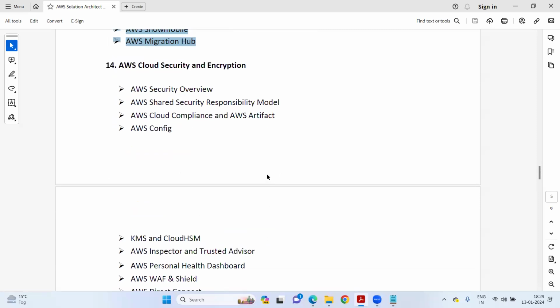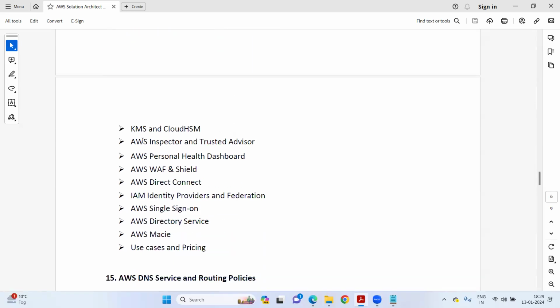Then security: everybody is focusing on cloud services, so it becomes very important to know about cloud security also. We are going to discuss security and the shared responsibility model, which defines what the customer will own and what will be owned by AWS, right? So what is cloud compliance? What is Artifact? What is AWS Config service? What is AWS Inspector and Trusted Advisor? AWS Personal Health Dashboard, AWS WAF and Shield, Direct Connect, identity providers and federation, AWS Single Sign-On, Directory Service, AWS